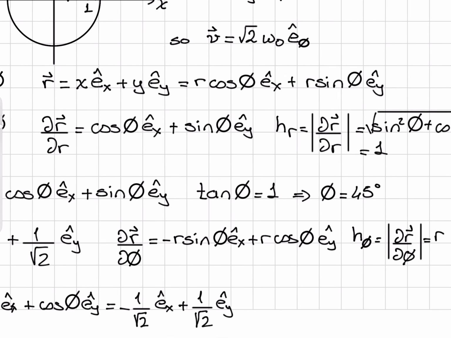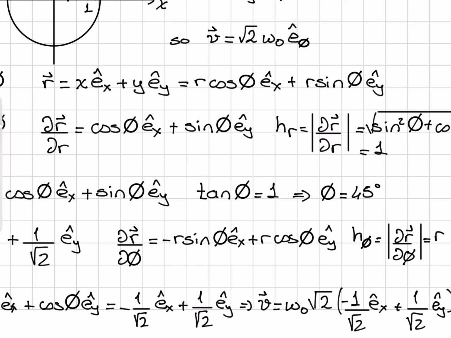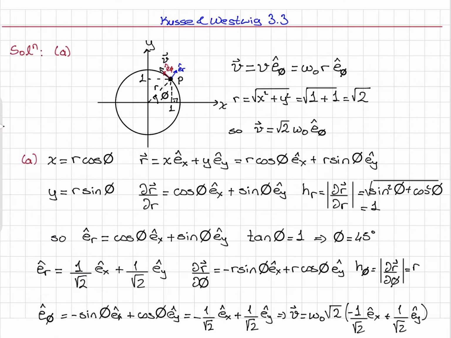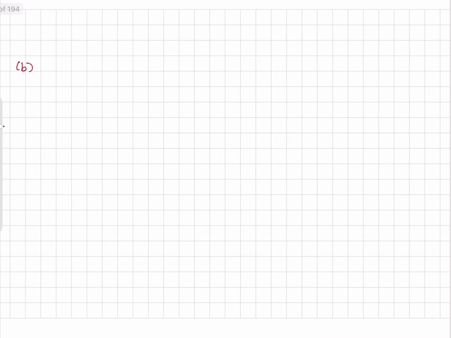And this gives us our velocity vector V is equal to omega 0 times square root of 2 e phi hat, and e phi hat is minus 1 over square root 2 ex hat plus 1 over square root 2 ey hat. All right, and therefore we can write our